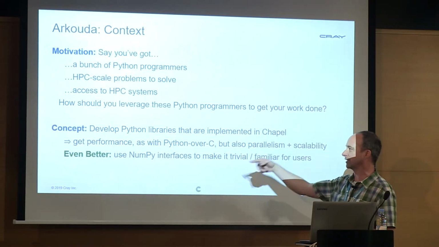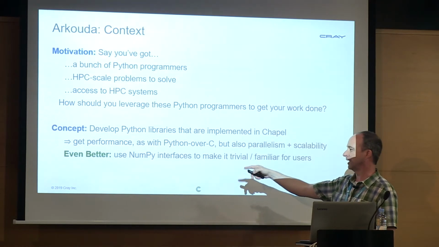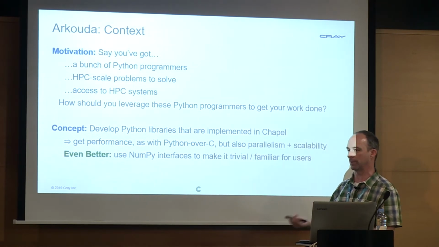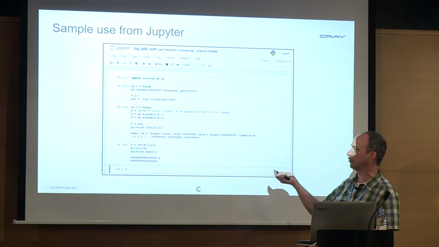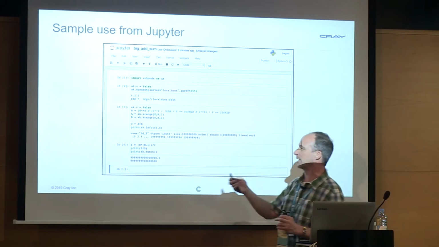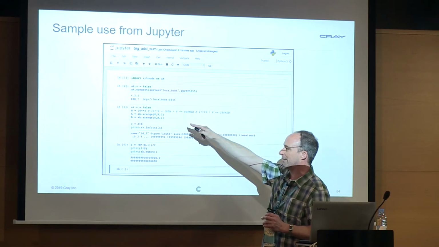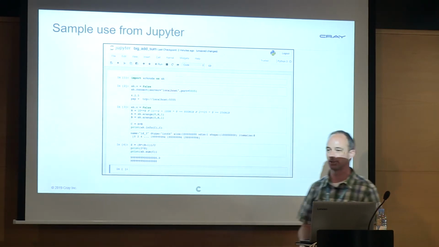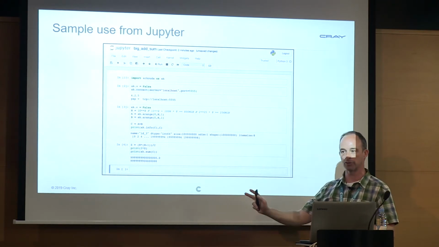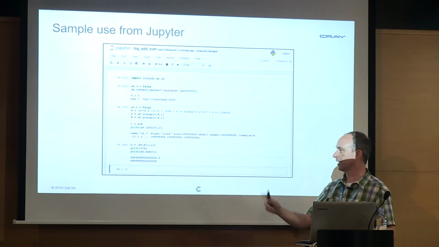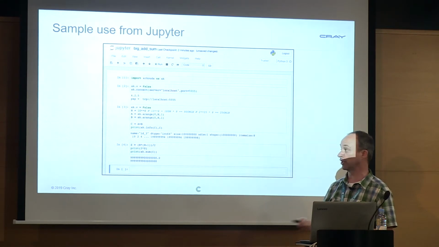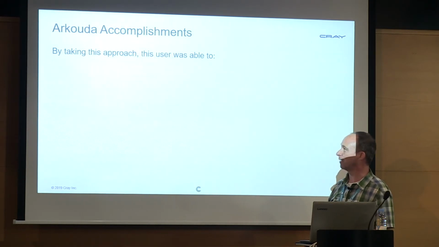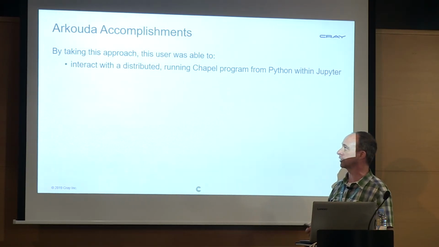And what they're doing is they're basically creating a library that looks exactly like NumPy in order to make it trivial for a user to start using the library without becoming a Chapel expert. So this is a screenshot of them running this Arkouda library from within Jupyter. And I'm not actually a Python expert myself, but essentially they're creating some arrays here and then doing things like adding them together and computing a reduction over them and so on. But under the covers, that's being distributed out to their large-scale systems and executing over terabytes of memory. But to the user, it looks just like normal NumPy code. And that's very attractive, again, because their users are NumPy authors. They're not HPC programmers.